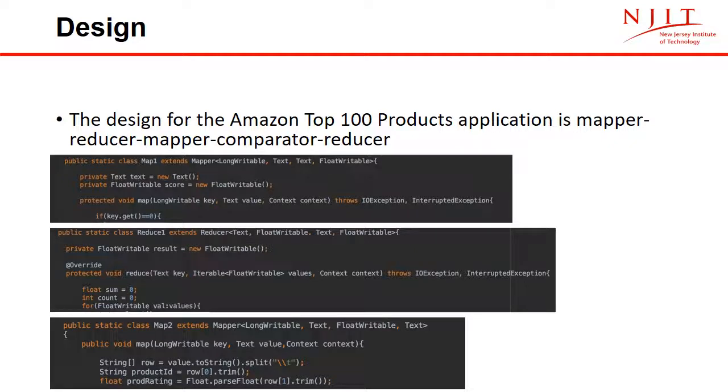It just displays it, and in the second map reduce, now that we have the averages of each product, which means that there is one score for each product, the second map reduce will sort the top 100 products and give us what those product IDs are. So the product ID is the key and the score is the value as the output of the second map reduce.